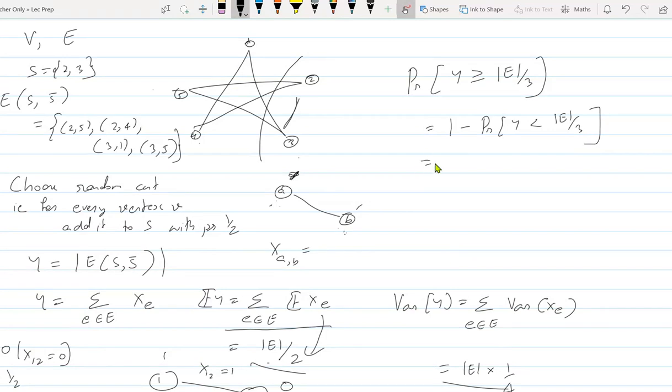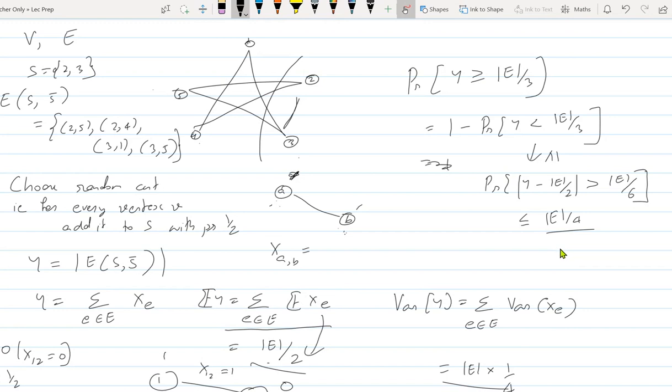And this probability is upper bounded by the probability that y minus E by 2, the deviation from the mean, is greater than E by 6. And this is upper bounded by the variance, which is E by 4, divided by